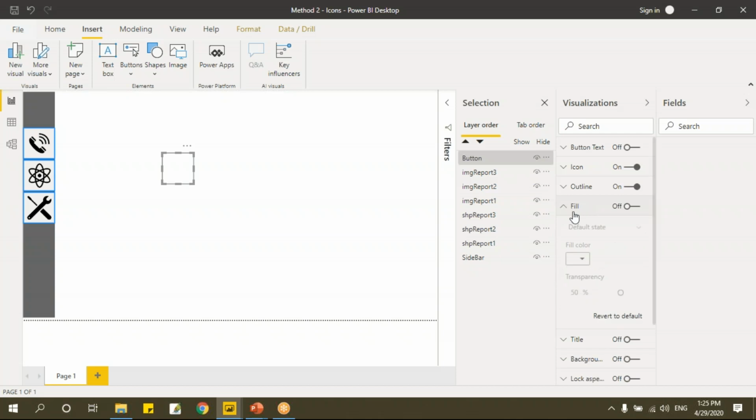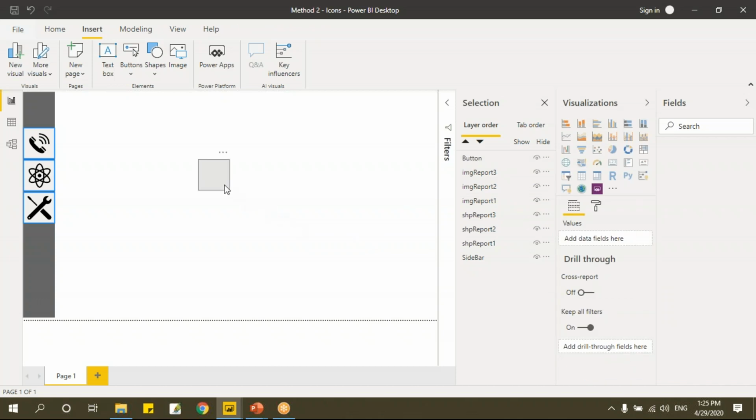Let's go to Fill. It says default state, and it is 50% transparent. If I move here, it will be transparent like this, but it's a white color. So select this. When it is in the default state, I'll make it completely transparent. And when I hover on this, let's make it a little grayish. We'll take black and make it 90% transparent.